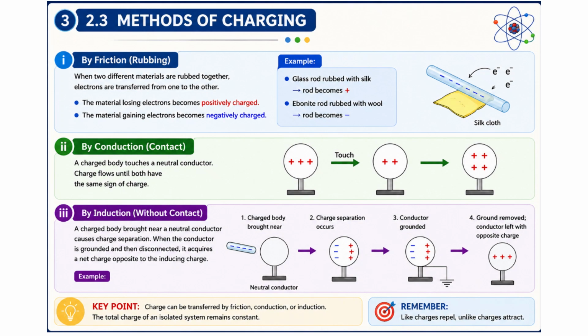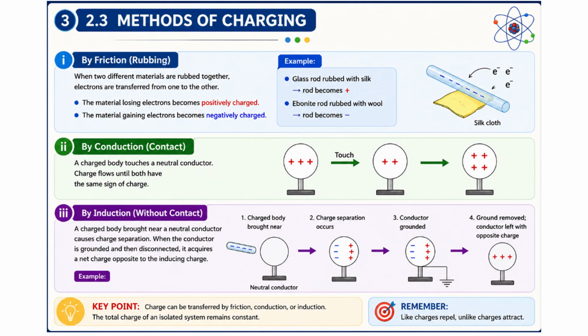So imagine we have a neutral metal sphere on an insulating stand. We bring a negatively charged rod close to it, but we do not let it touch it. So, no contact. That is the first case. In case number 2,